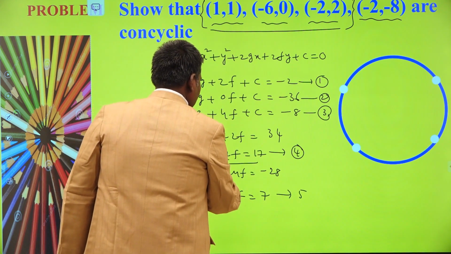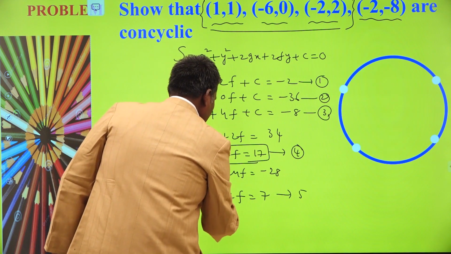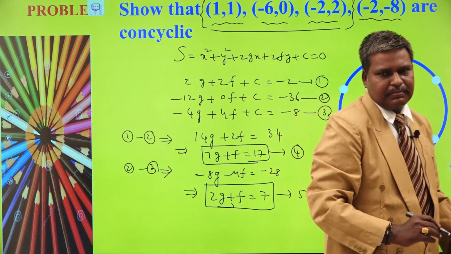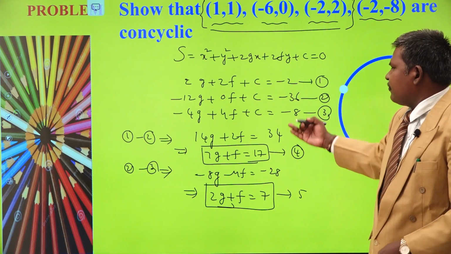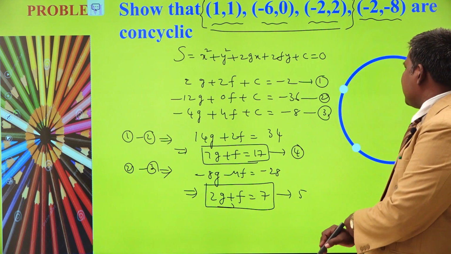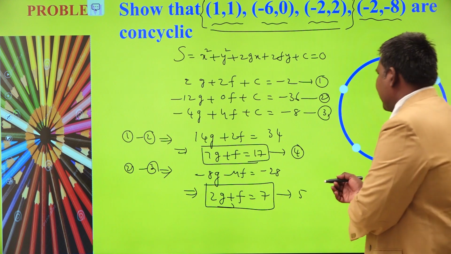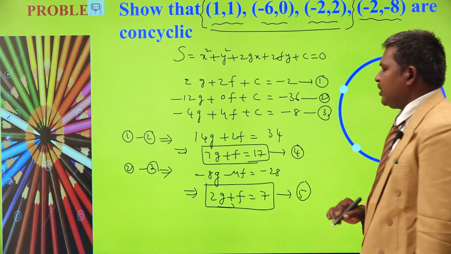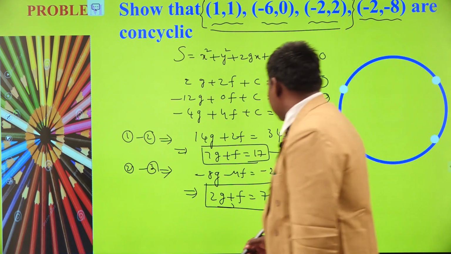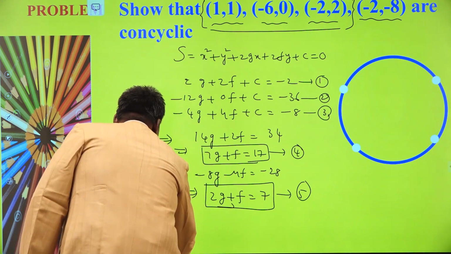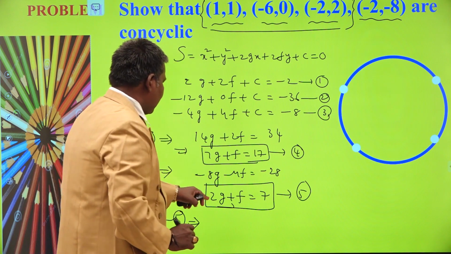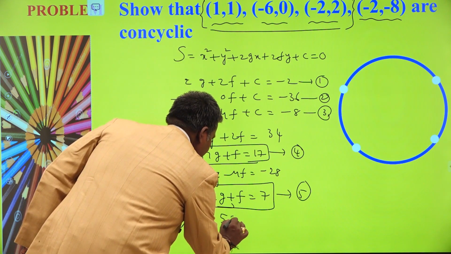This is equation number 4. This is equation number 5. These are two equations. They are purely in f comma g. So in my first part, we eliminated the value of c here. So we have two equations 4 and 5 in g comma f. By solving these two equations itself, we get g comma f values. What you have to do? Just subtract 4 minus 5. 4 minus 5, what happened? 7 minus 2, 5g is equal to 10.